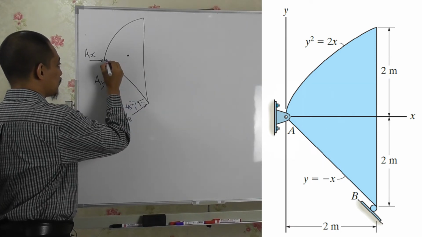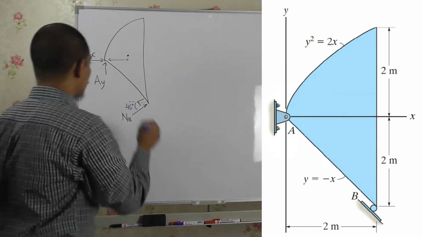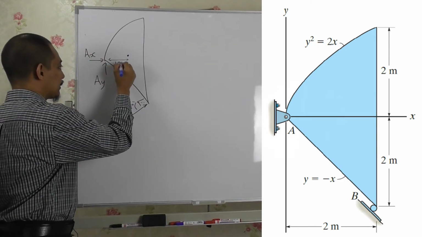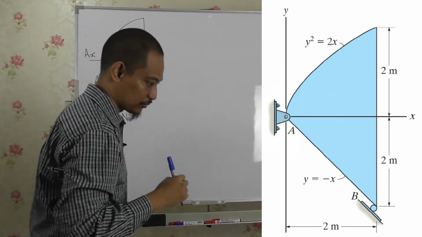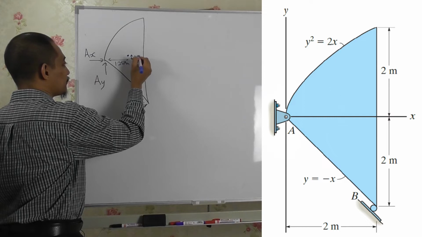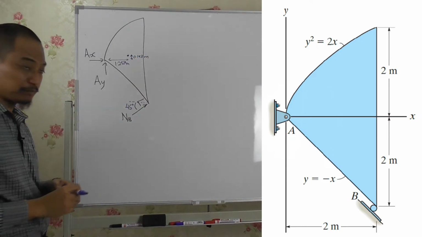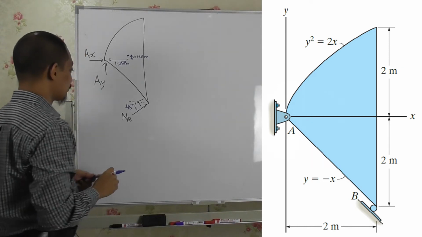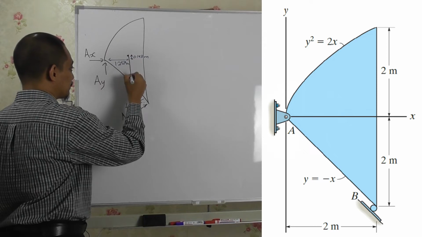Where this distance is, what was it? This is 1.257 meter, and then the vertical distance is 0.143 meter, right? So that's the location, and then the force itself is the weight we have calculated,